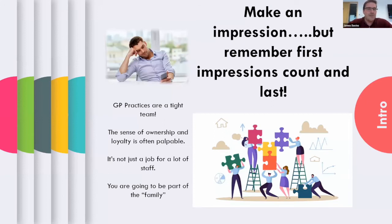Be nice to the person when you come to the reception desk. Try and make a conversation with them, because actually if you made a good impression on them, they're going to feed back to me that actually you're a good person and they would like to see you as part of the team. Even down to the cleaner, just be friendly to everybody,